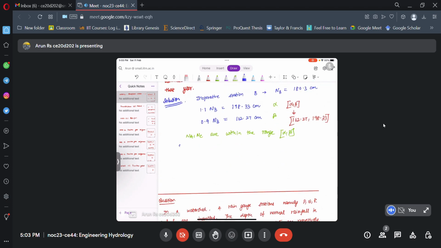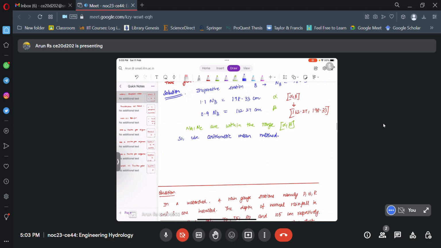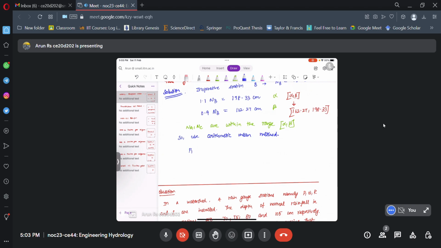So we can use the arithmetic mean method. So we have the precipitation in the missing station equal to